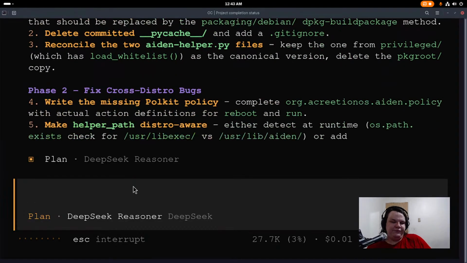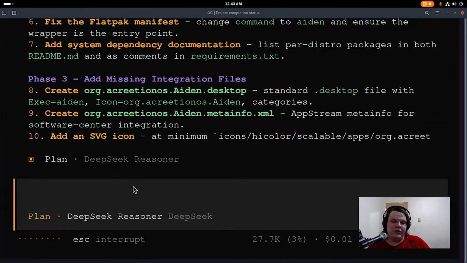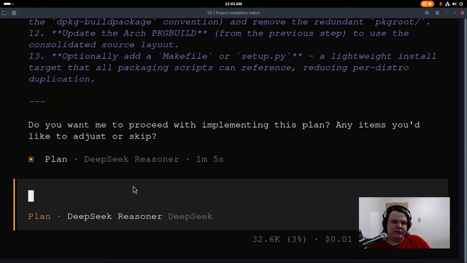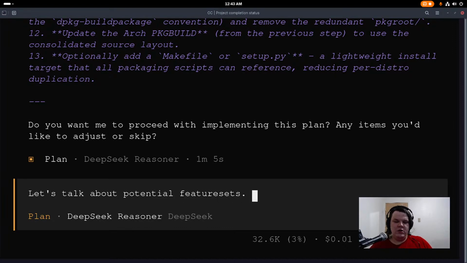About potential feature sets. So you know how there is